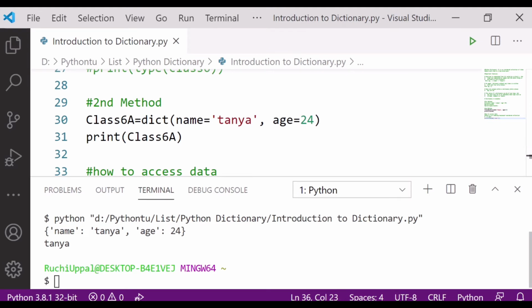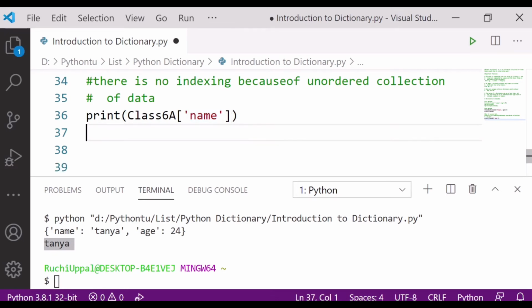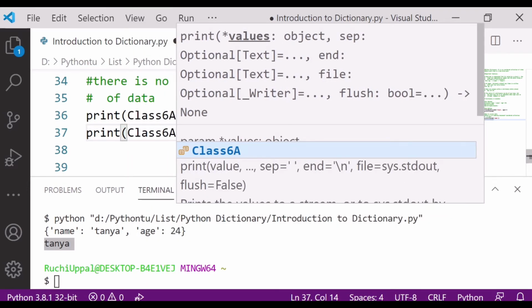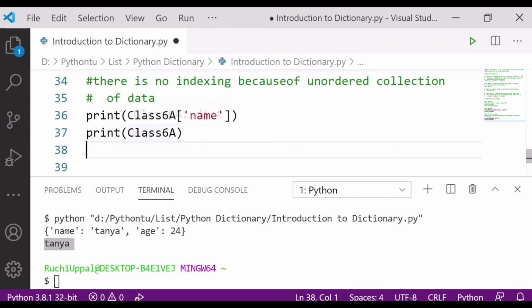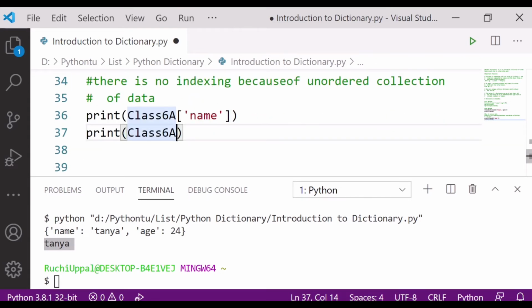So you can see here I asked for name. It is giving me, this is my, sorry, not list, this is my dictionary, and it is giving me the name Tanya. If I simply want to have the age also, what I'll do, simple like this, class 6A, and then square bracket, I will write here age.